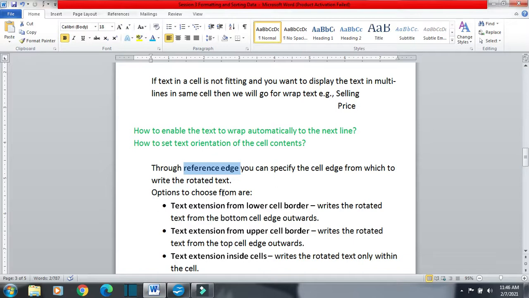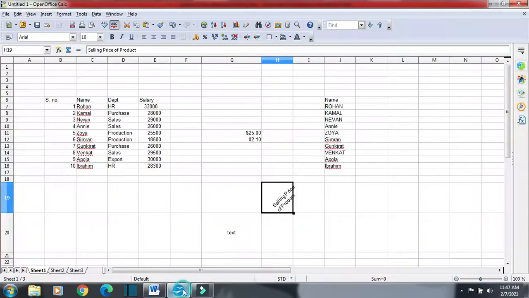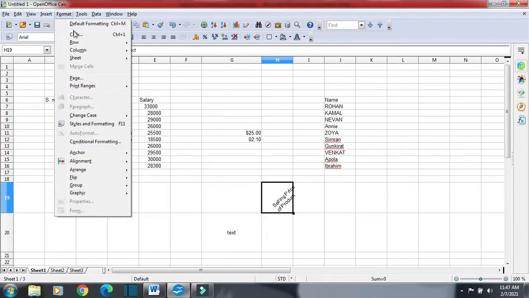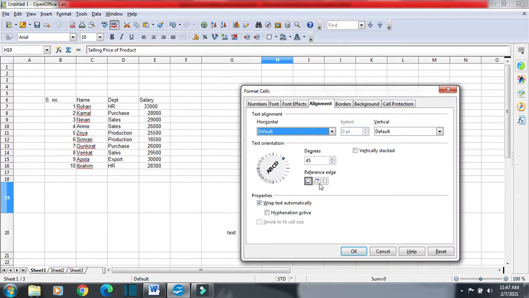Options to choose from: the first one is text extension from lower cell border. It will write the rotated text from the bottom cell edge and outward. So first we will select this. Click on Format and then Cells, and here you can see we have reference edge.